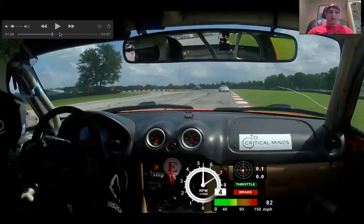You'll even see, if you keep watching this video on the next lap, the Miata in front of us runs wide there, and it's hard for anybody to even get a run on him when he runs wide because he just rolls more speed through the center. It hurts his exit a little bit, but not enough that it sets up an easy pass. I would recommend do your best to keep it tight, because then you're just taking a shorter